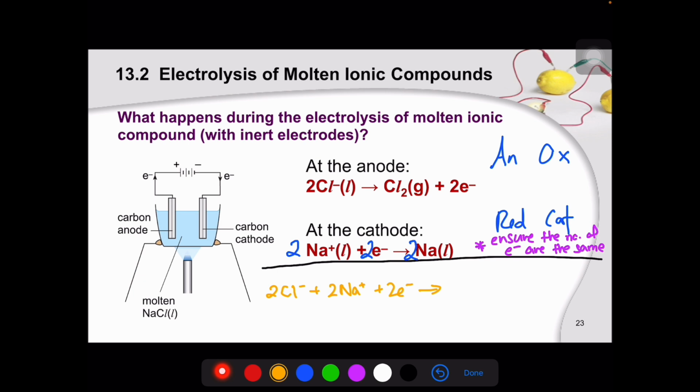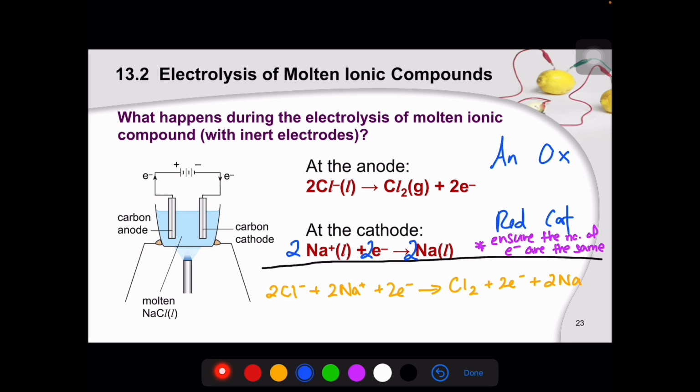After you have confirmed that the electrons are the same, you bring them all together. Then on the right hand side, just bring all the products down. So you have your chlorine, your 2 electrons, and then you have your 2 of the sodium over here. Okay, so once you have done with this step, right, you can start to look at whether things are being